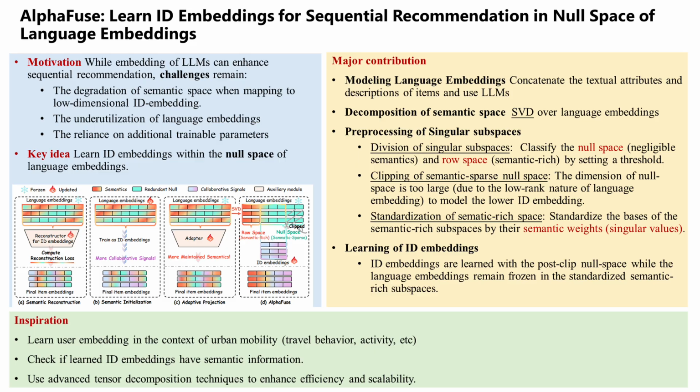Now, how does AlphaFuse prepare these two separate pieces of information, the semantic part and the behavioral part, for the final fusion? It's a two-step process. First, for the behavioral part, they perform what's called clipping the null space. Even though the null space is huge, you don't necessarily need all 1,200 dimensions to encode the behavioral signals. That would be inefficient for a standard recommender model. So they clip it, they shrink that space down to a more manageable size, like 64 or 128 dimensions. Got it. So you've created a small, efficient behavioral zone inside that huge empty space.